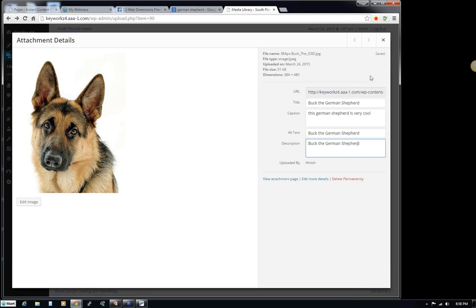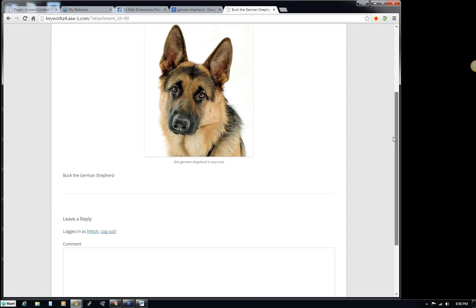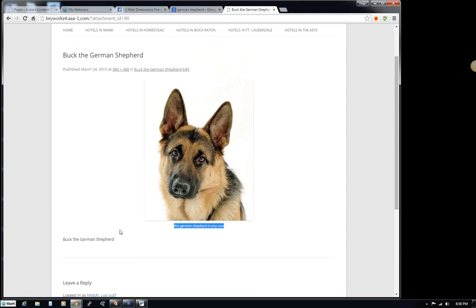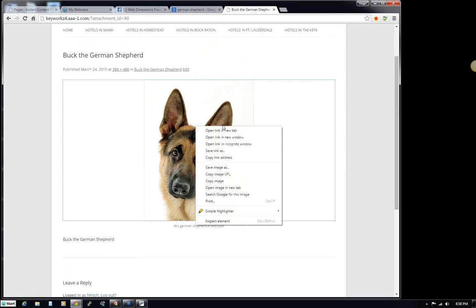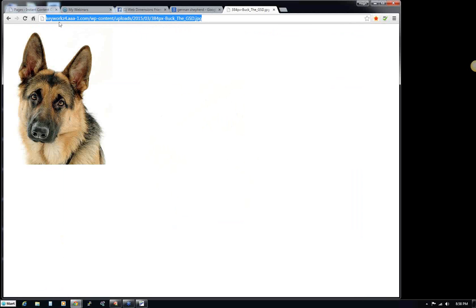And it's saved. It's already saved automatically up here. So if I close that now and I click on it again, I'm going to see all that stuff in there. If I go to the attachment page, now it has that stuff that I just put. It's got this German Shepherd is really cool, blah, blah, blah. But that's not even the whole thing, because if you go see the image by itself now, as you can see, that image now resides on my blog, and that image now has all of that text inside of its binaries. So I could actually do something like go to the crazy indexer,